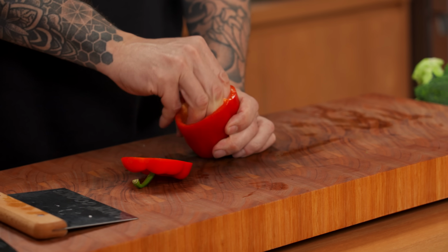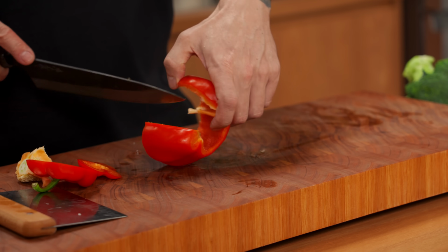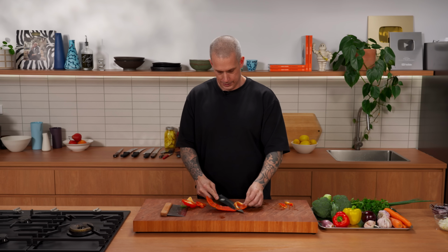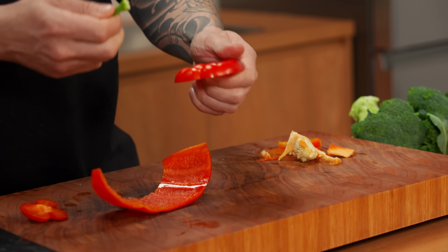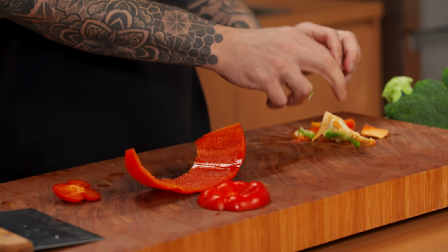Pull the center out. Take the bottom off. Cut down. Open it up. Slice the white part out. Off comes the top. Taking the extra green part out. For a stir fry,